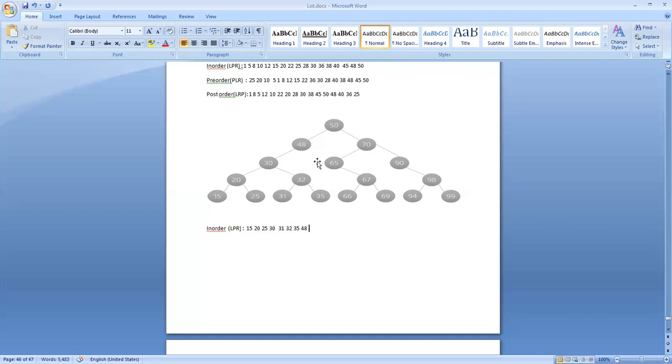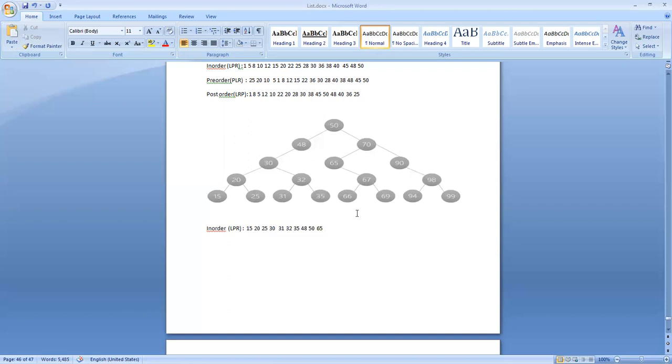No right child for 48. So the parent of 48, that is 50. Then the right child, 70, parent. The left child, 65. 65 is a parent, but it doesn't have any left child. So 65. Then the right child, 67.